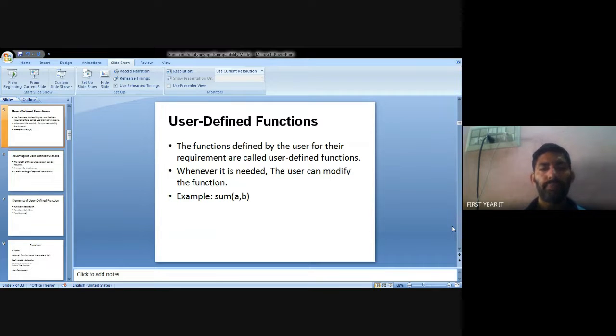A user-defined function can be modified, with additions and deletions, but a predefined function cannot be modified. So for modification we use user-defined functions.